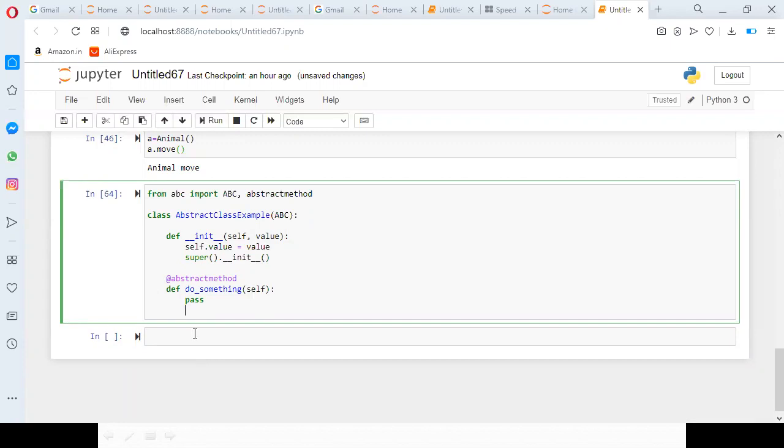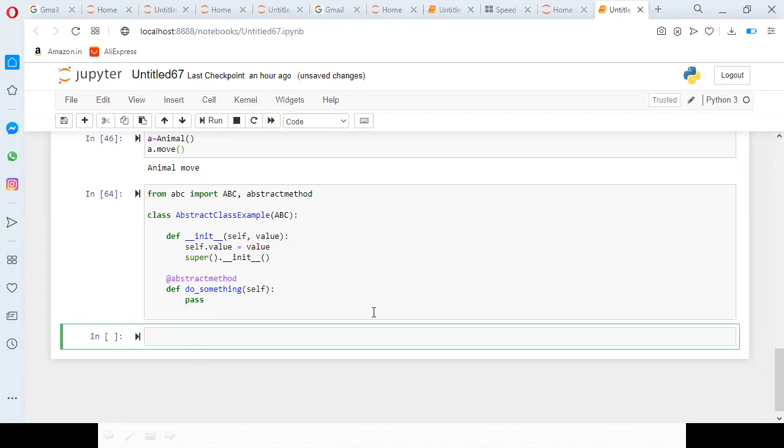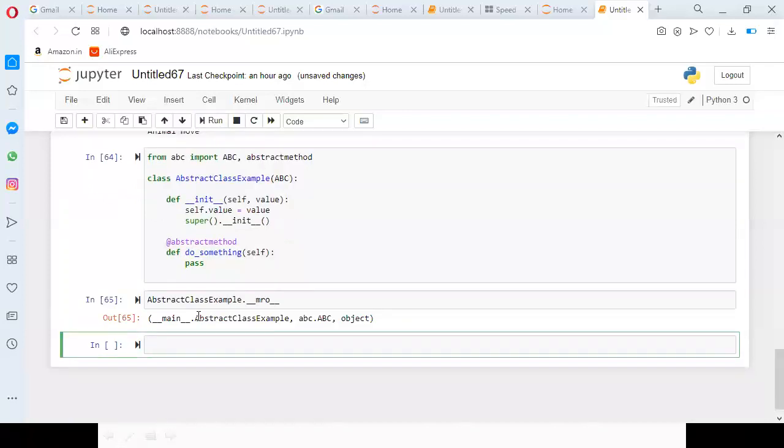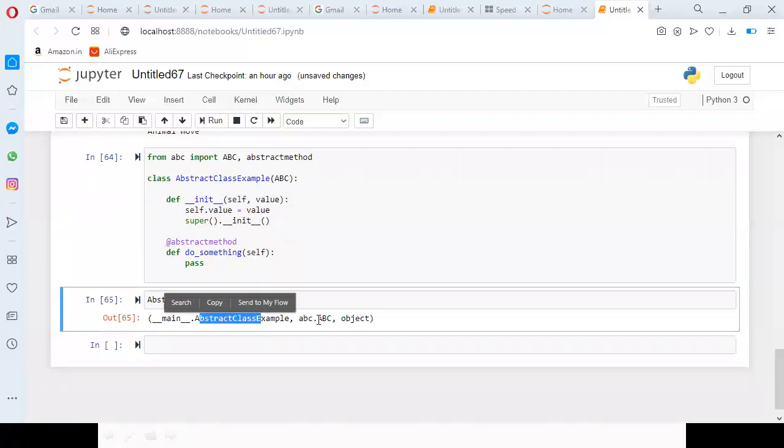Now I created the class AbstractClassExample. Checking AbstractClassExample.__mro__, the method resolution order is AbstractClassExample, then ABC, then object.